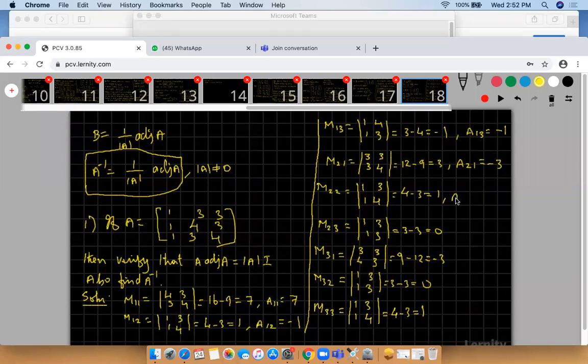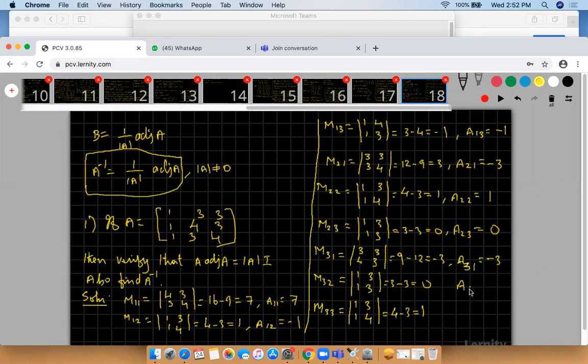Here multiply by plus. Why do I multiply by plus? 2 plus 2, that is an even number. Even means multiply by plus. So therefore I will get 1 only. Okay. A23. What is my A23? This sum is an odd number. Odd number means multiply by minus, but here 0 only is there. 0. So therefore this is A31. This sum is 4, so therefore multiply by plus. So therefore this is minus 3.